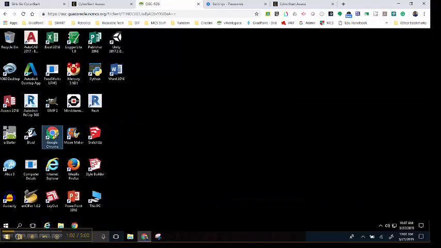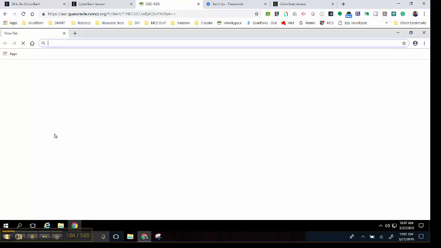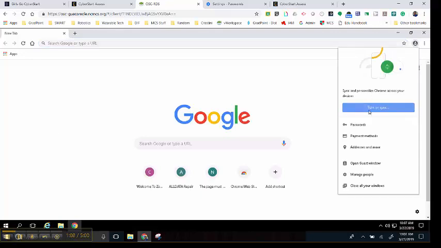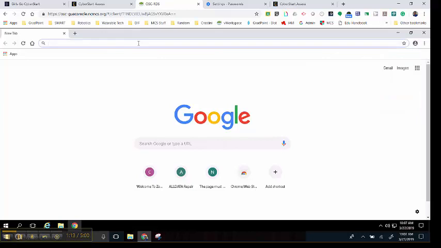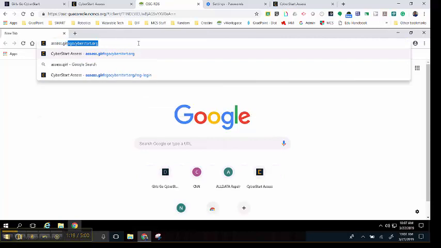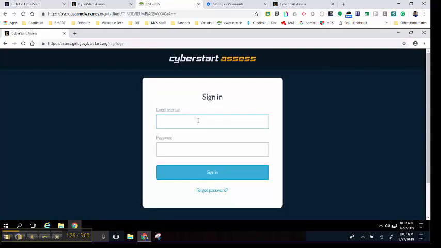And once you're there, you're going to go and open up Google Chrome, and you want to be sure not to click up here and sign in and turn on sync. You don't want to sign in with your school account because that will defeat the purpose of doing this. So once you're here, you're going to open up the assess.girlsgo.cyberstart.org website. That's the login page that'll bring you here. So you log in, start playing the game,